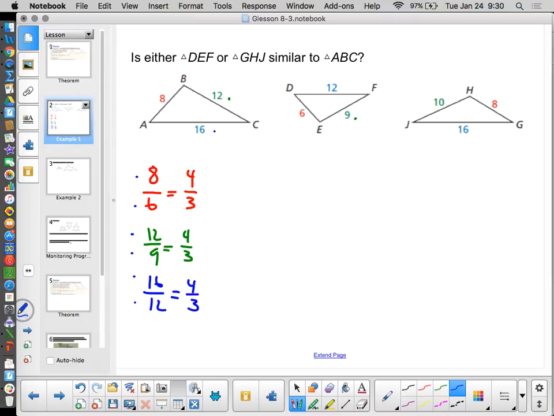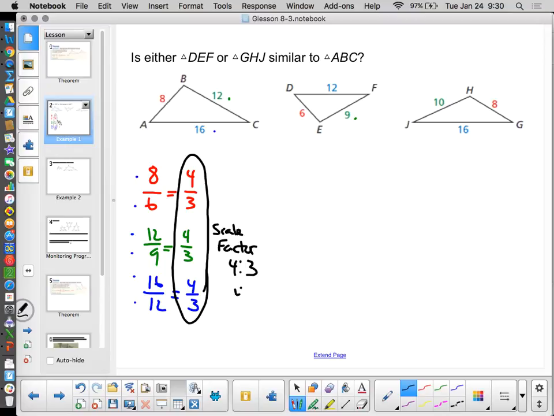They all reduce to the same thing. They all reduce to 4 to 3. So the scale factor is 4 to 3. Or if you want to write it as a fraction, 4 over 3. Since they all reduce to exactly the same fraction, those two triangles are similar, and we'd write triangle ABC is similar to triangle